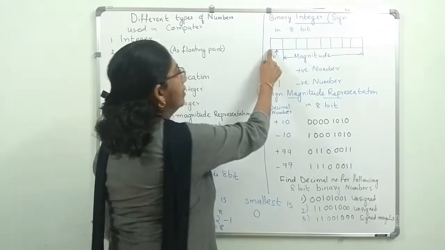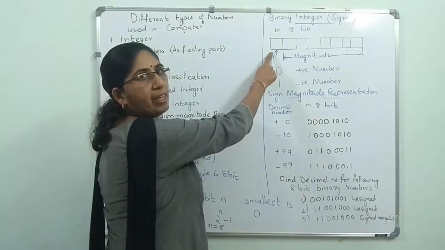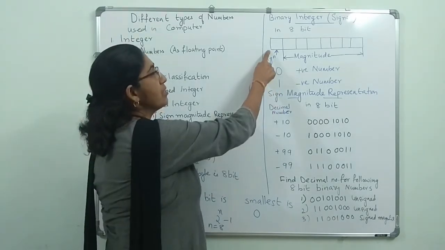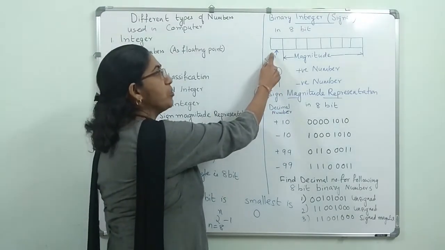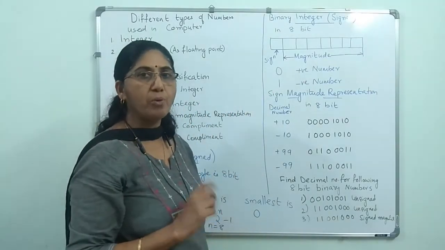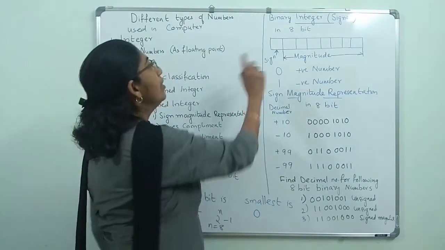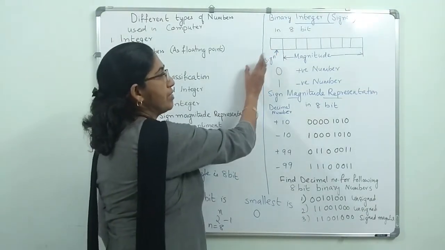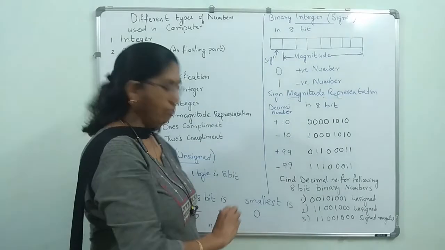we assign, this is the most significant bit, isn't it? This has got the maximum weightage. So this leftmost bit you are keeping apart for giving the sign, whether it is a positive integer or negative integer. You can give the value in this sign. So this will be kept aside. We will not use it for representing the value of the digit.